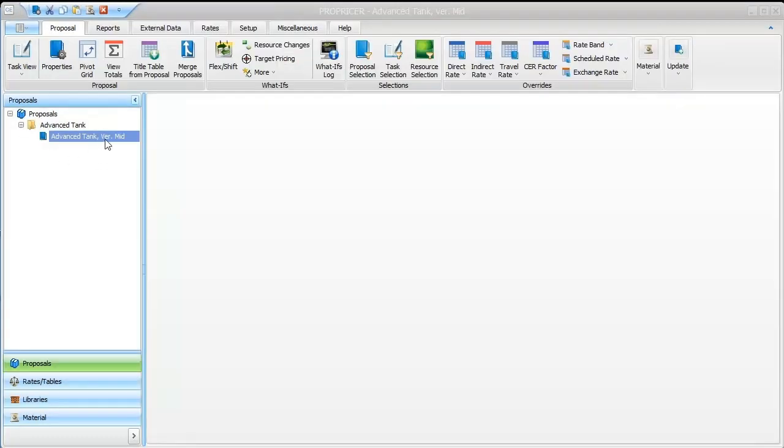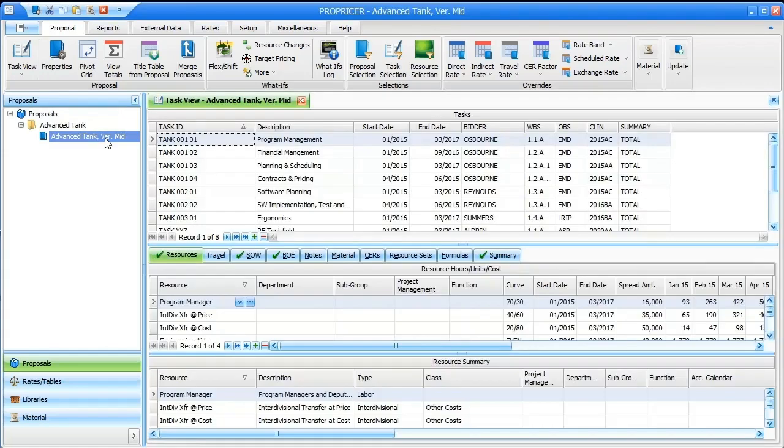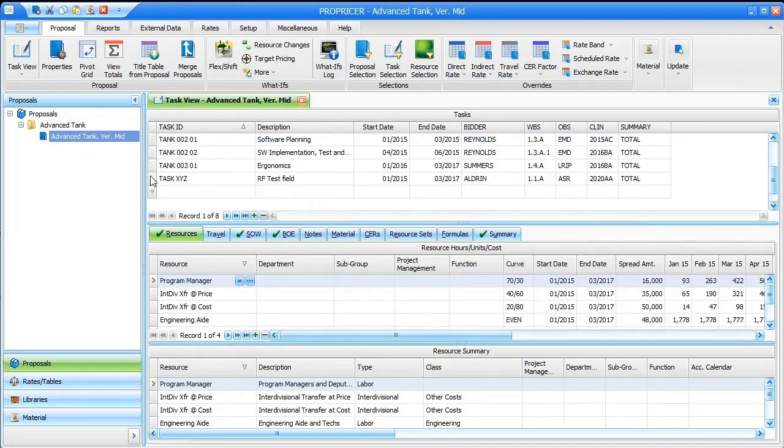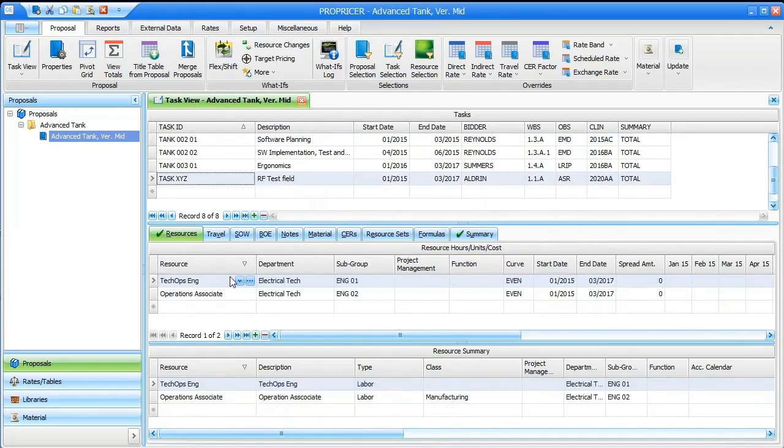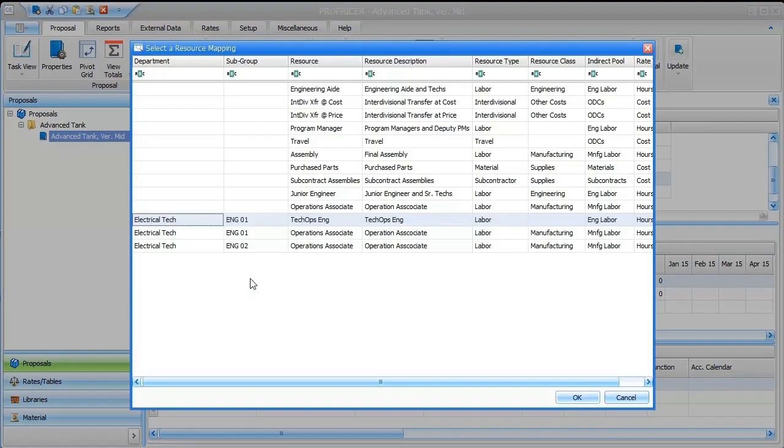Let's open the proposal and see how we can use this new feature. Actually, there are 2 ways to establish this relationship. The first way is if you already have mapping established. You will see the option to click on the 3 dots or ellipses here, which will bring up this screen to pick your resource. So, as you can see in the resource mapping window, you will see every single possible